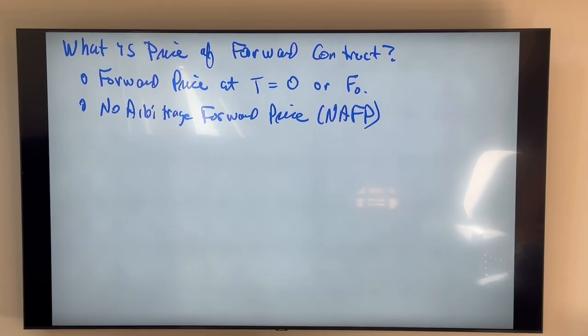And that's what we want to compute here, right? And how do we compute that? So that's going to be equal to the price of the underlying at time 0, multiplied by 1 plus the risk-free rate compounded